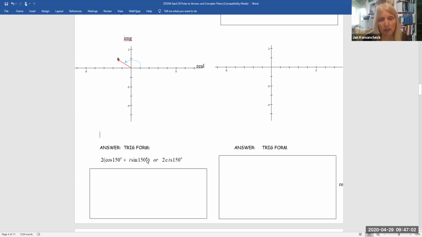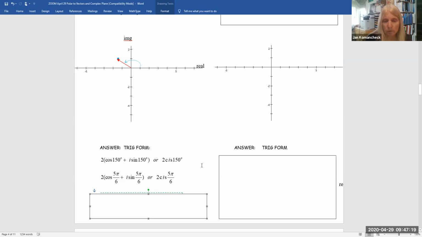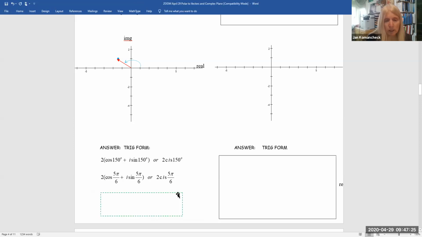This is just taking so much work. But the 2 stands for the length of your vector, the r, and the c stands for the cosine. The i stands for, I've got to have an i in front of the sine theta. If you do not want to write it that way, you could write it also using radians. 5 pi over 6 is the same as 150 degrees. So my final answer is,